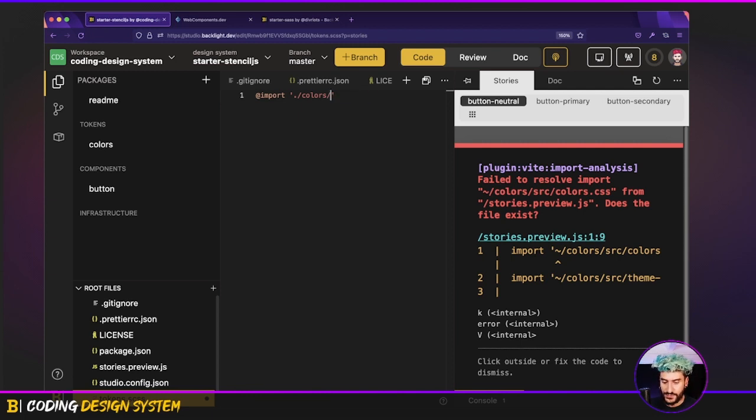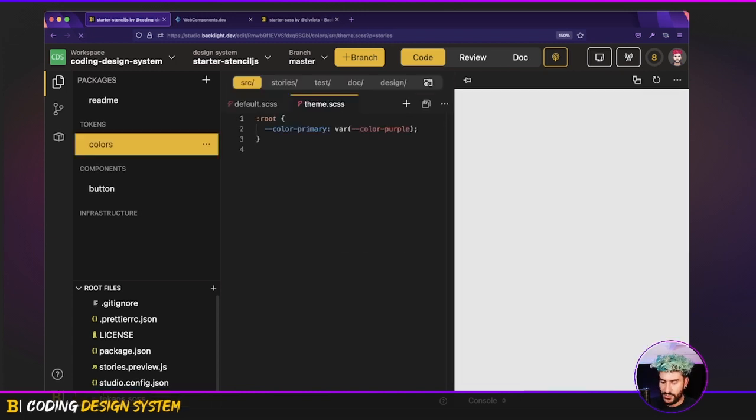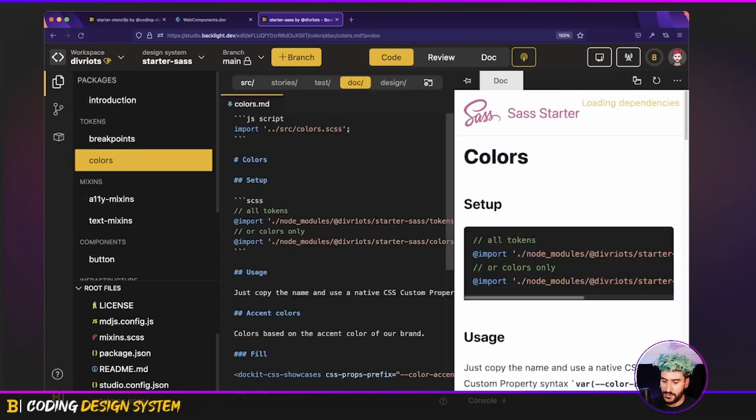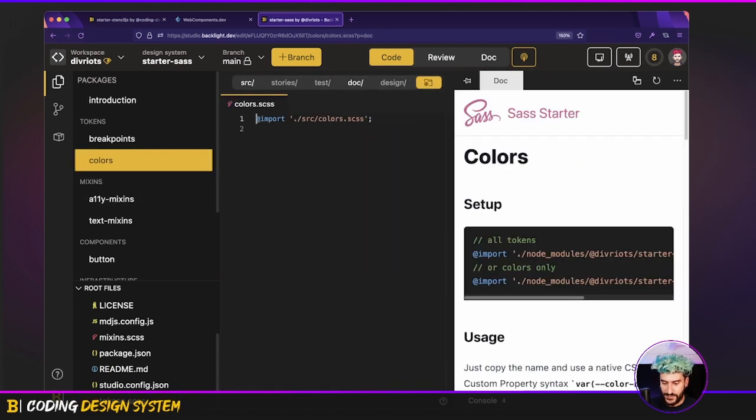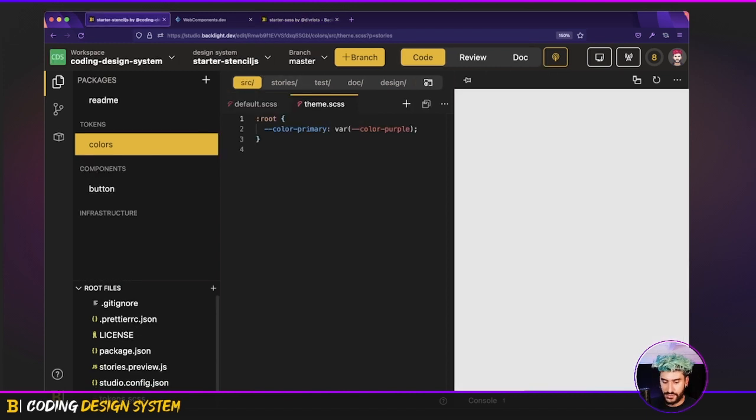So I could import something like this, which is okay. Oh, there is something nice. Okay, let's import colors directly. So in my colors, at the root level of my colors, Misha did it. Yeah, okay, it's a simple import, and that's all. So let's do the same thing here. At the root level of my colors package, which contains my different colors definition, let's add an index.scss file, which is a simple import to